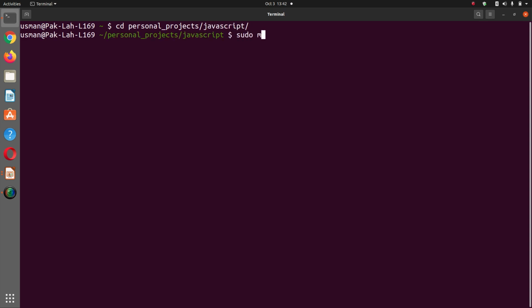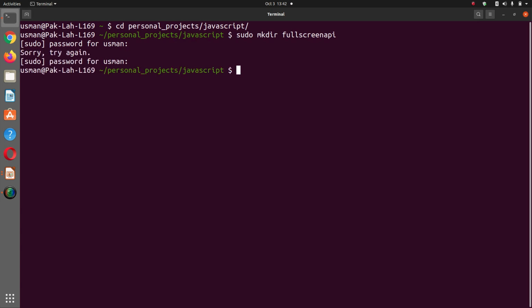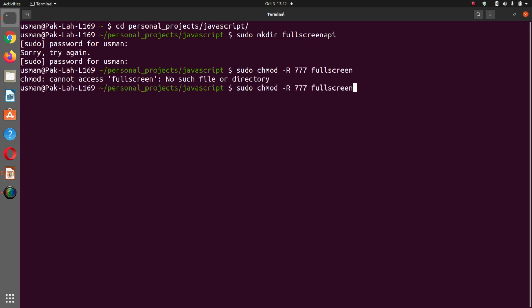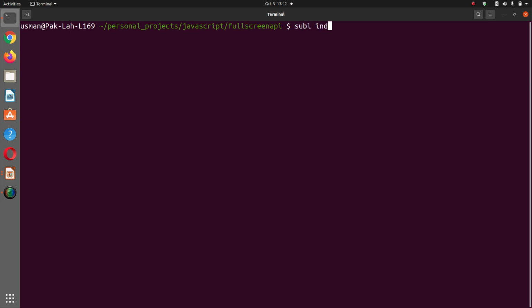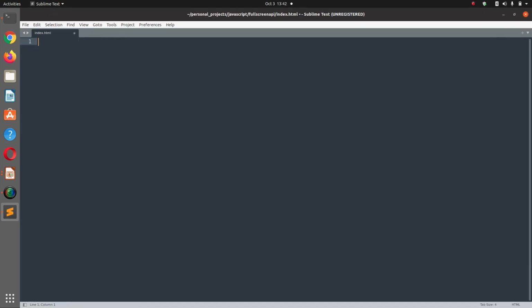Here I'm going to create a full screen API folder and set the permissions. Full screen API. Okay, going to create index.html, and within index.html I'm going to create a script tag here,